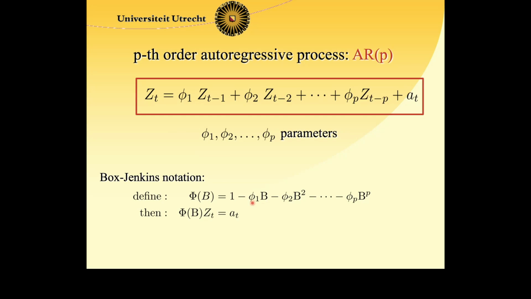And again, if we define capital Phi of B as a polynomial in the backward shift operators, a polynomial of order P, this is again a shorthand notation. So you can see no matter what the value of P is, we have the same way of writing, shorthand at least, this